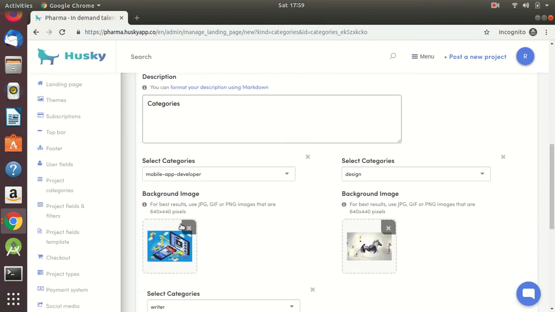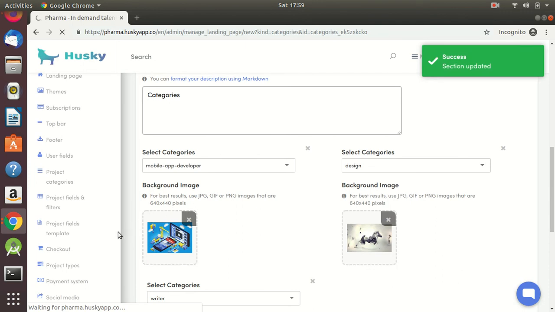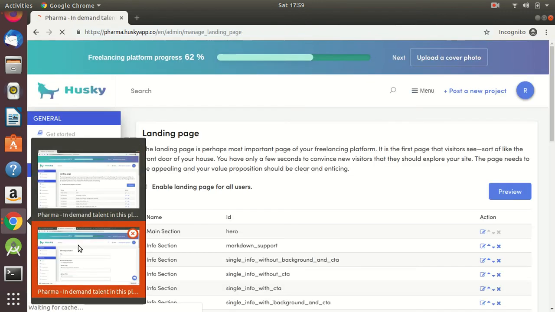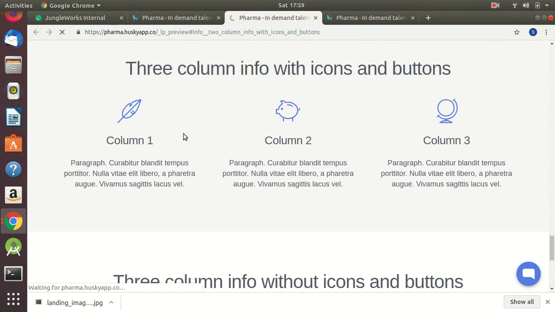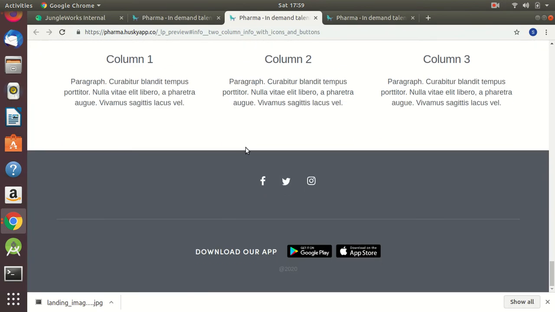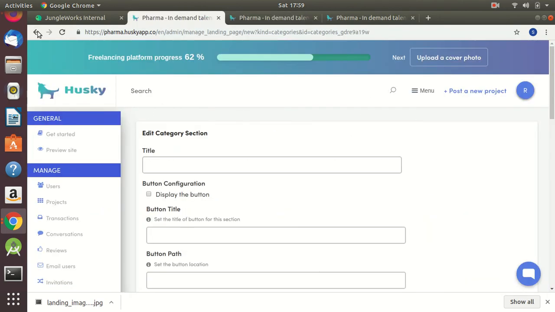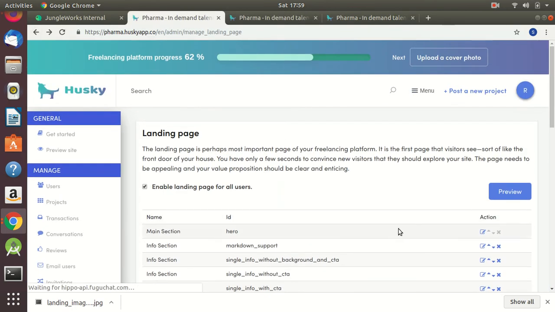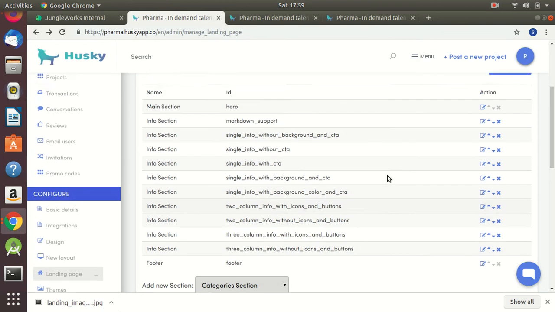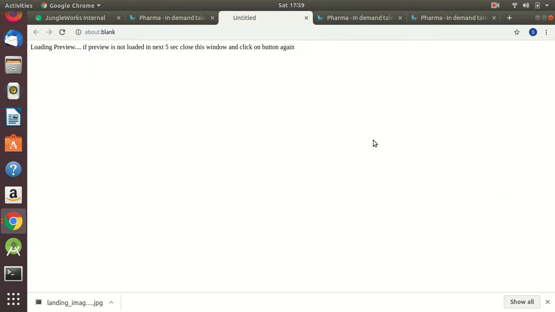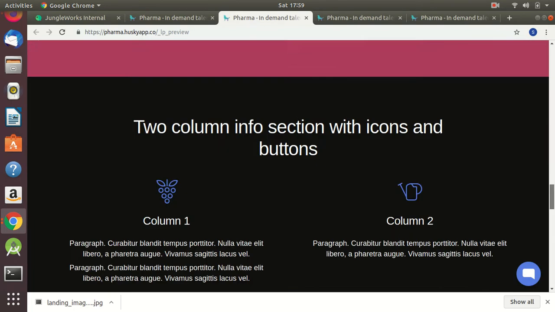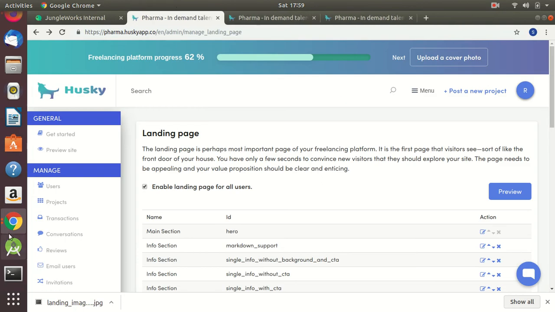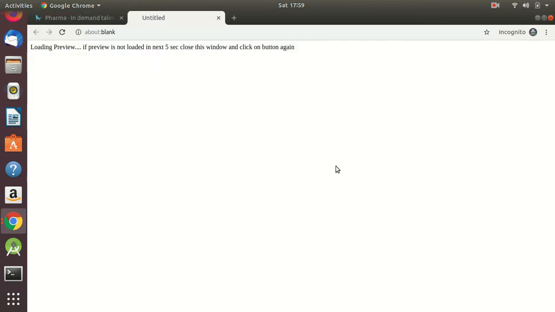I have made the category section, and now I'll refresh the page and preview the page from here.